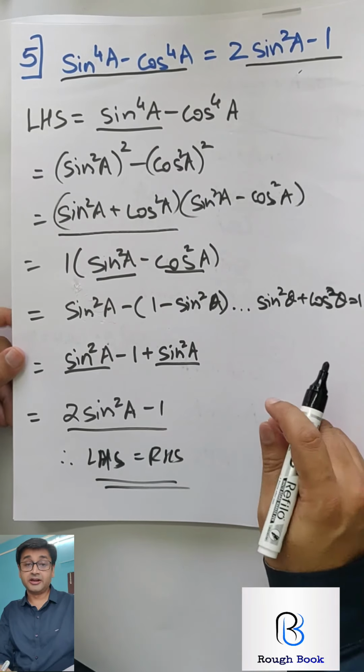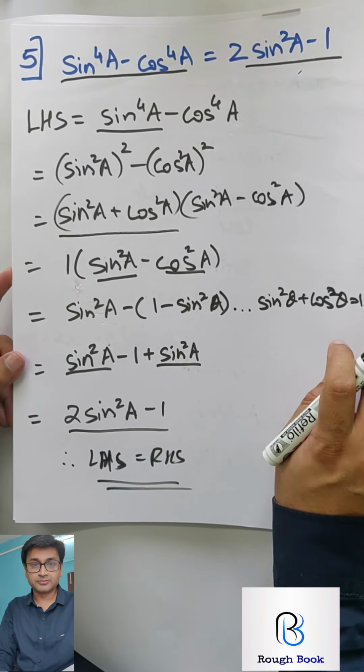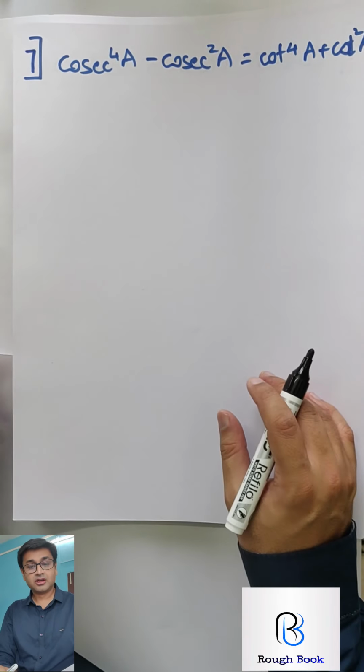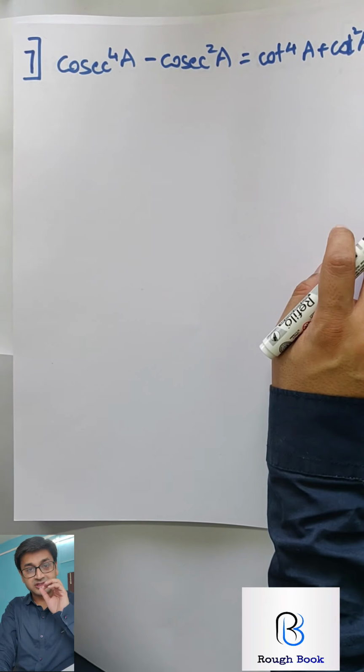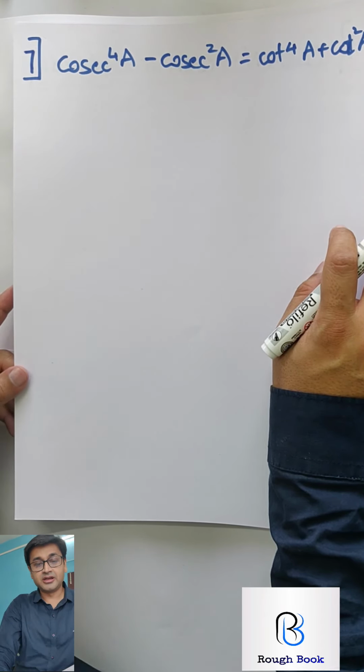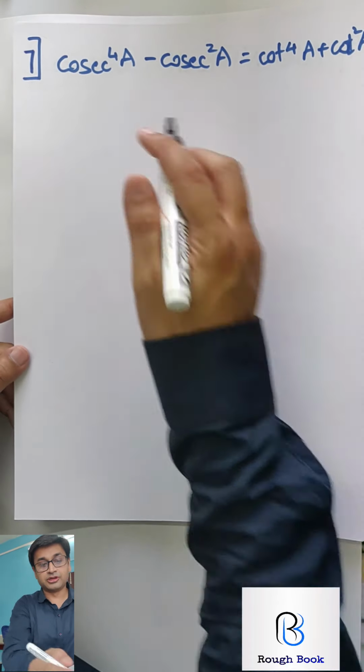How many could tackle the entire sum on their own without my help at all? Pat yourself. Great job. Let's go to the next one. 7. Come on. Can you hit it? It's the same thing. Nothing new in this. Slightly different, yeah, I agree. Try it and see where can you reach.